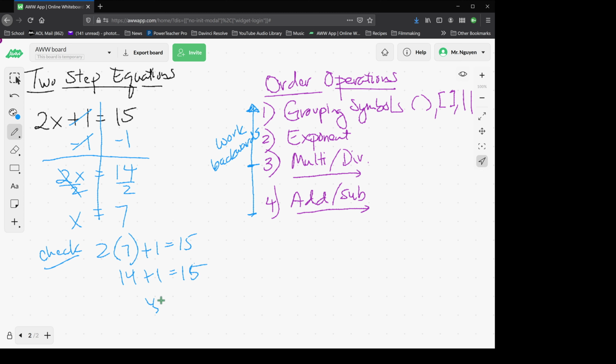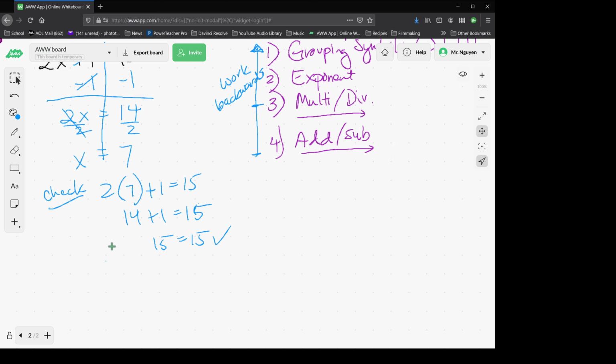So that's, geez, 15 is equal to 15. So it checks out. Okay, always, always, always check your answers. No matter what, it'll give you peace of mind